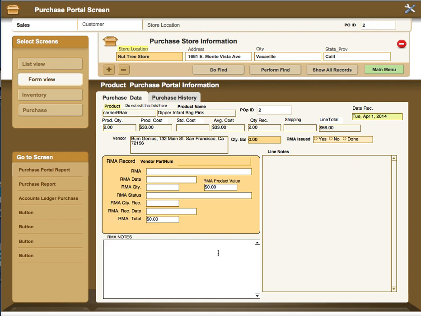Now understand that this is for this particular product item, for this particular purchase order. This is not a global thing for all the products. It is for this specific order on PO ID number 2, and it's the actual row item. So you have a screen like this just for that purpose, for that RMA, for that one item from this